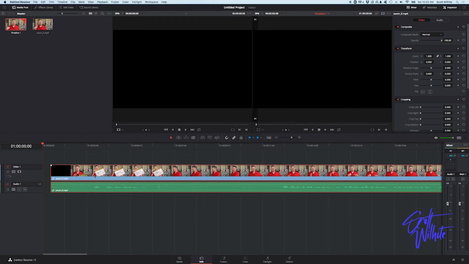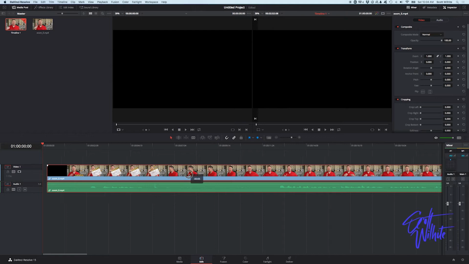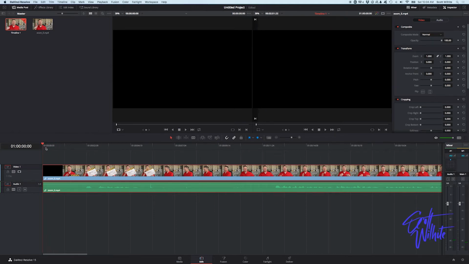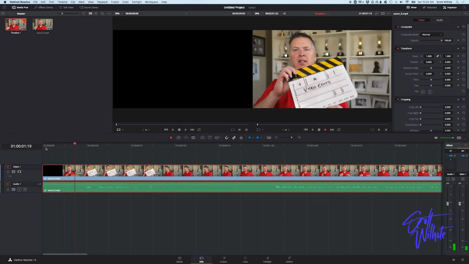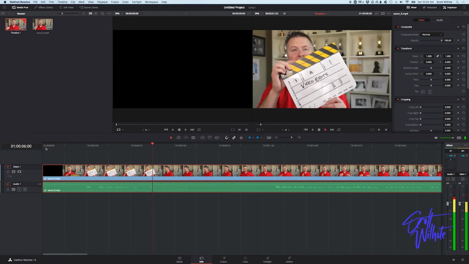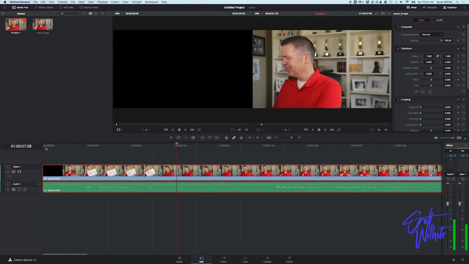A couple things I can do, and you'll see on the audio, you'll see the waveforms down here. So you can see where I'm talking and where I'm not. So we'll just start out. Let's see what this looks like. "Okay. Put the slate up. This is how to make video edits on your computer." Okay. Well, we don't want that in the finished video, do we?